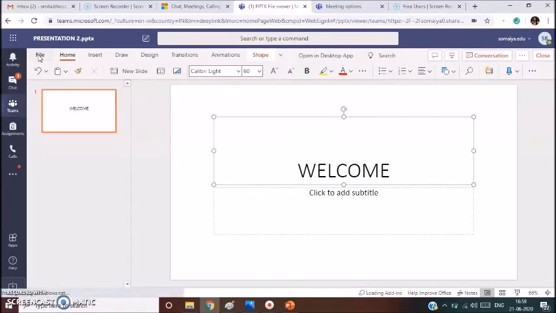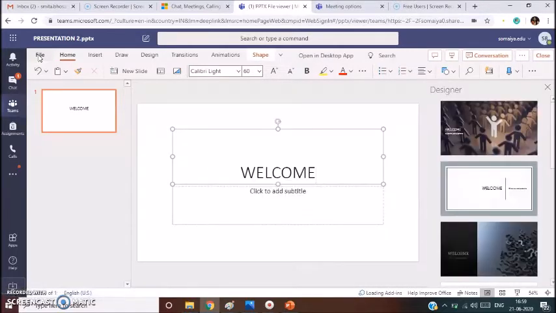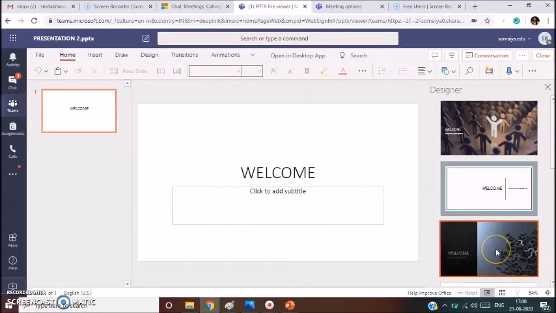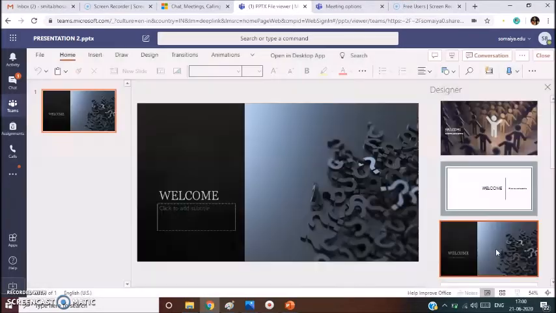Click on file to save your document. You can also select the theme and the design from the right hand side panel. So at present I select this theme or the design. So here it gets loaded.